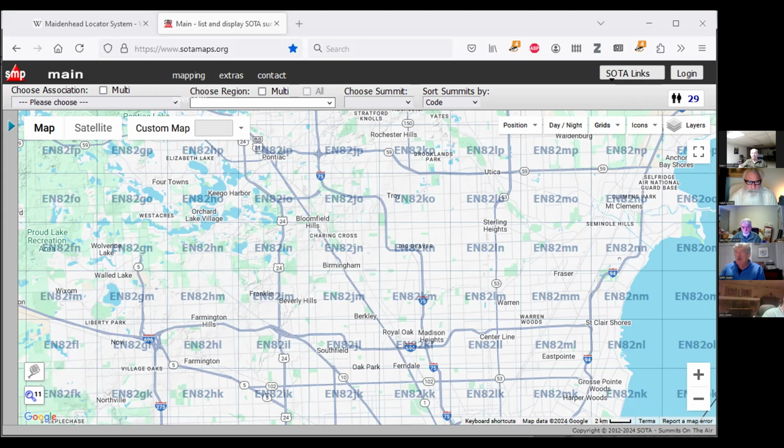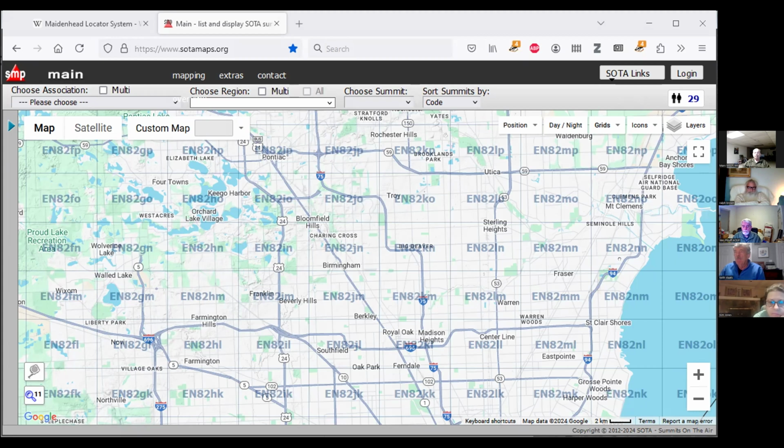I'm showing a little map here. I'm going to send out an email after this class tonight with some useful information on it. But what you're going to see is people talk about their locations. In fact, all of us here in Southeast Michigan are located in grid square EN82, which is 1 degree